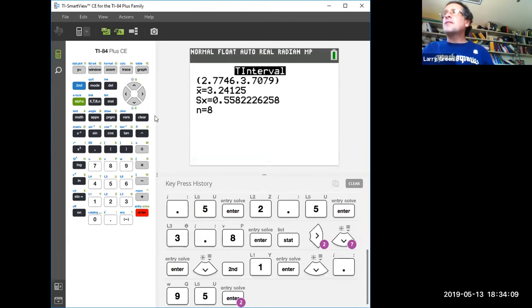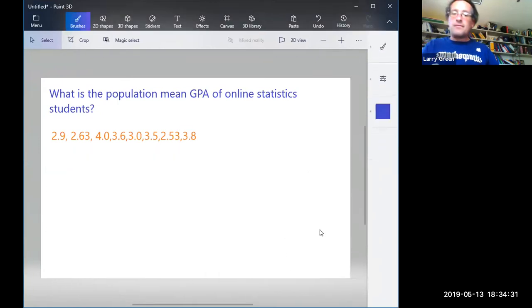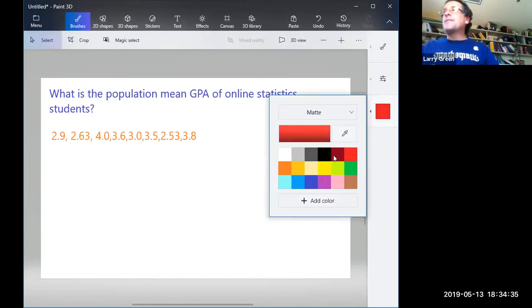Okay, so let's go back to Zoom and type out our conclusion. Any questions so far? I'm going to erase the assumptions and this other stuff because I don't think we need that anymore, because we have a lot to write. By the way, this is the beginning of writing a lot in this course. For the rest of the course, we're going to be writing a lot.